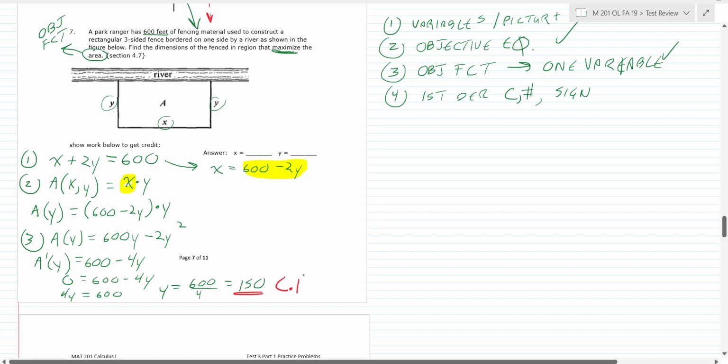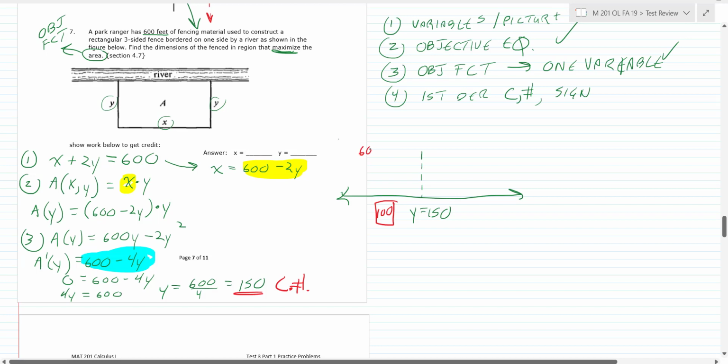Okay, so we got our critical number right there. So now what we need to do is kind of see, is this a max or a min? There's a couple of ways to do this. If you wanted to go ahead and do like a sign chart, then it would go like this. Okay, this is a good way to verify if this is a maximum. So you have y equals 150. Now your first derivative is this thing right here. That's what you're going to plug your test points into. So if you took a number a little bit below that, like say 100,